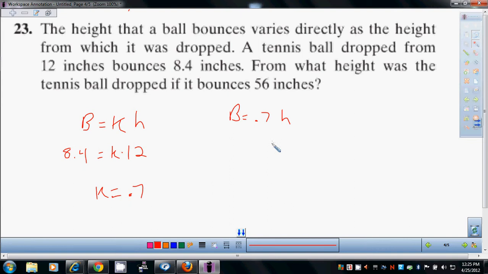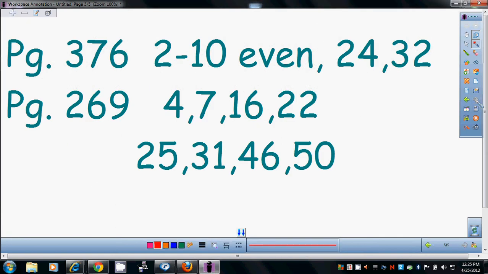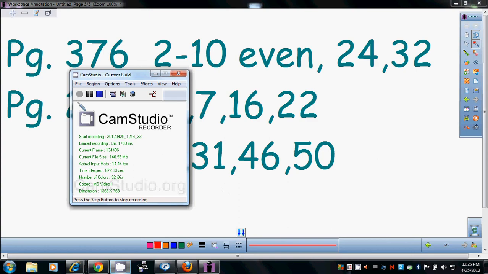From what height was the ball dropped if it bounces 56 inches? 56, where does it go? It says that it bounces 56 inches. We're finding the height. So it'll be 56 equals 0.7h. Just divide by 0.7. Questions? Awesome. There's only 7 problems from this section. They go pretty quick. And then there are review problems. 8 review problems today. Oh, cry. That's less than like